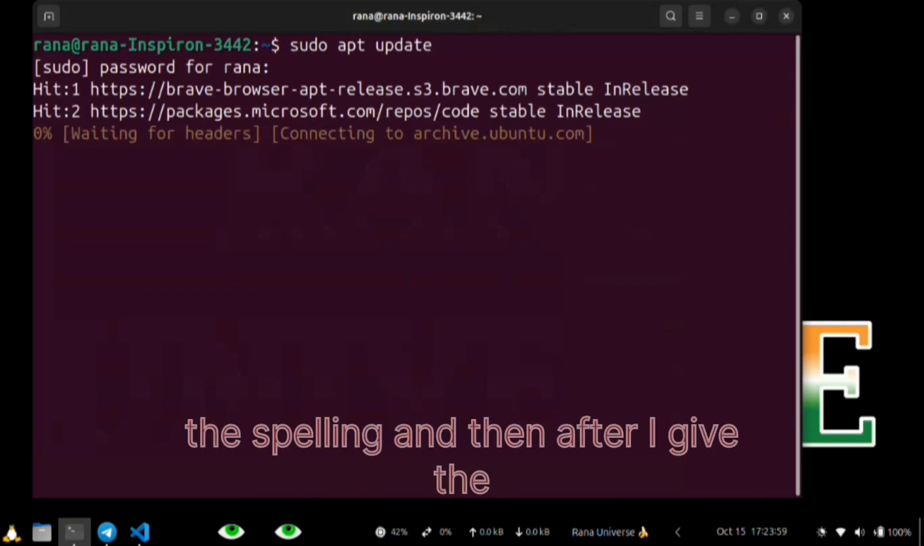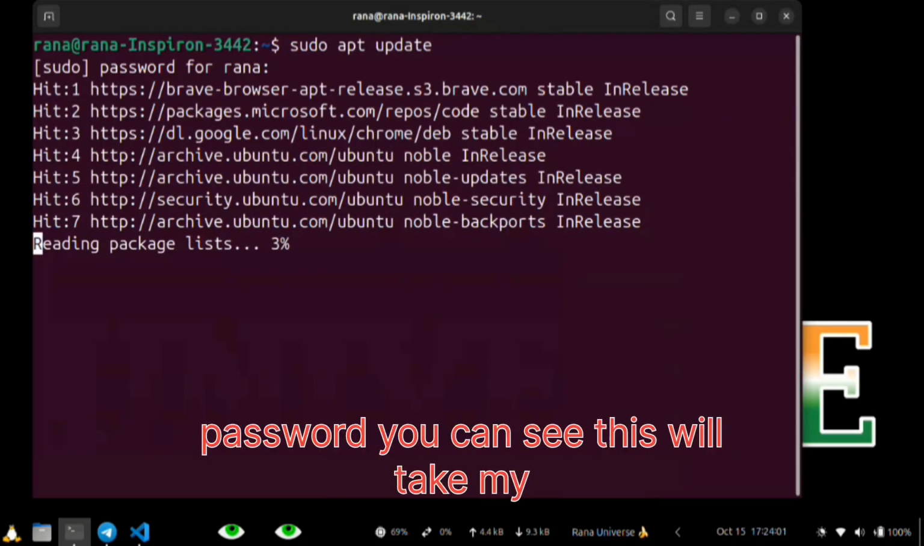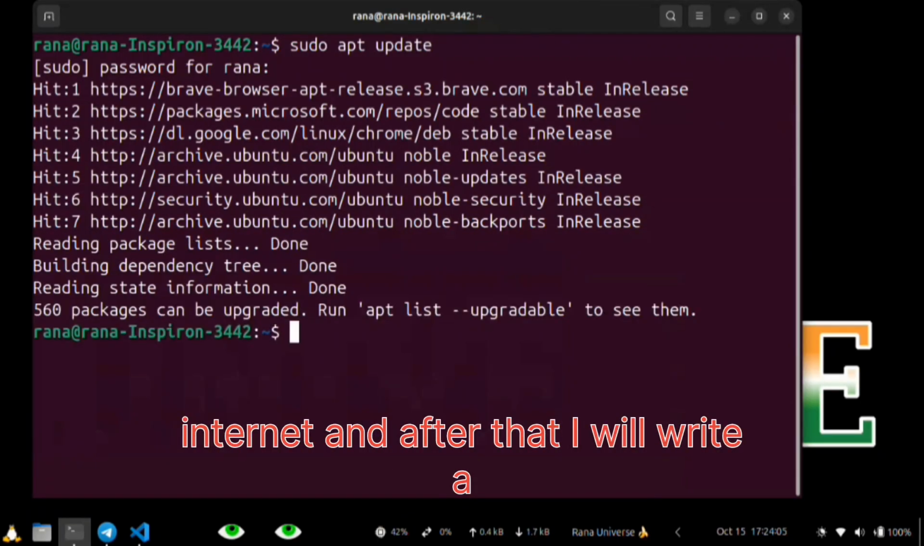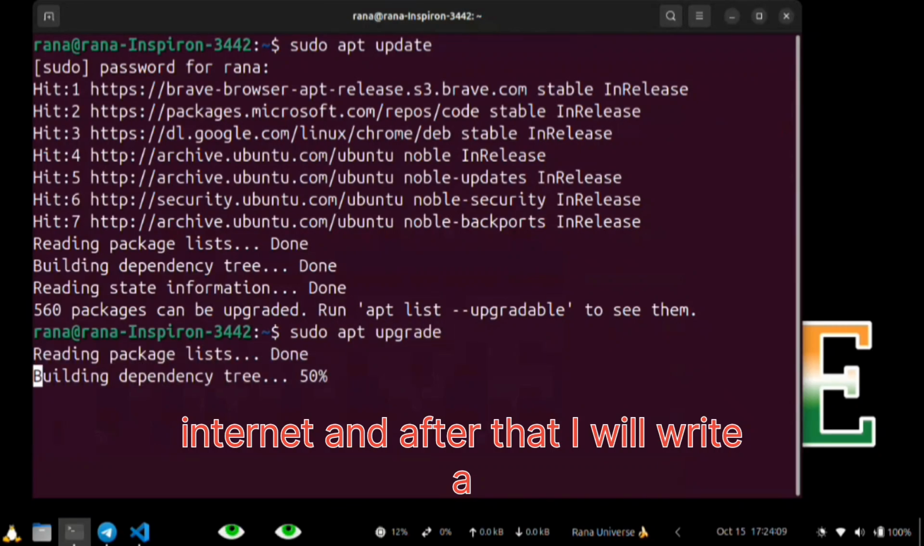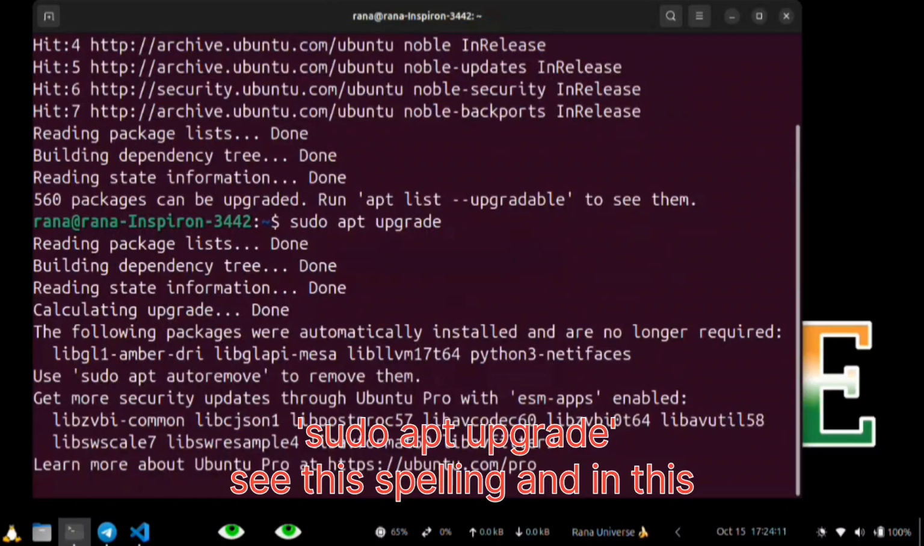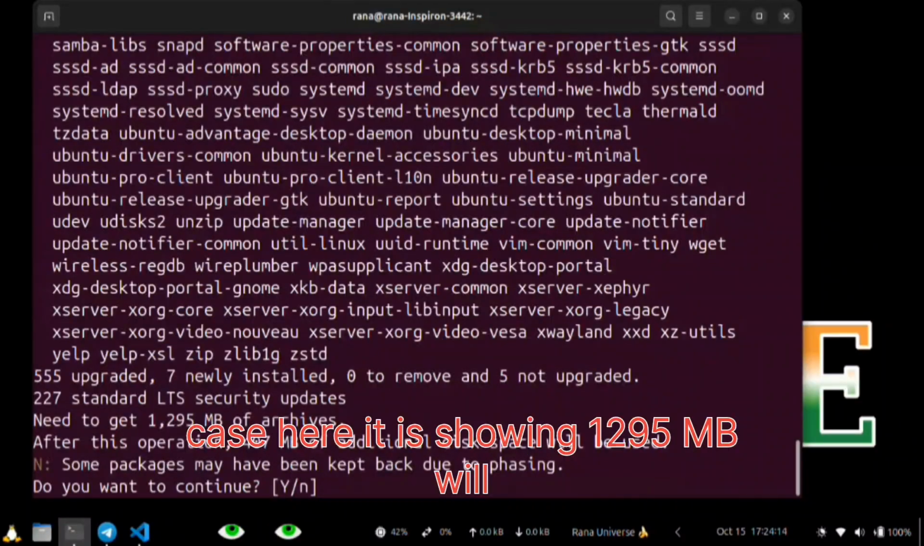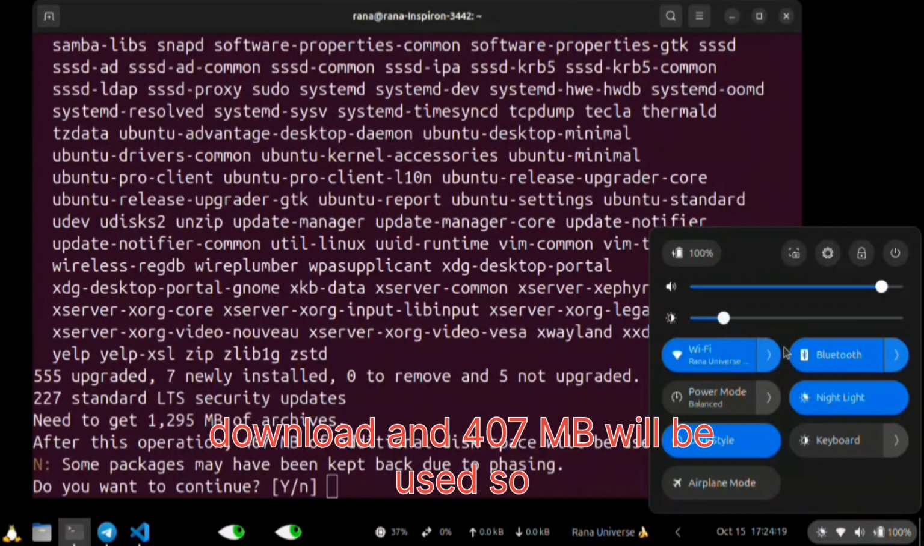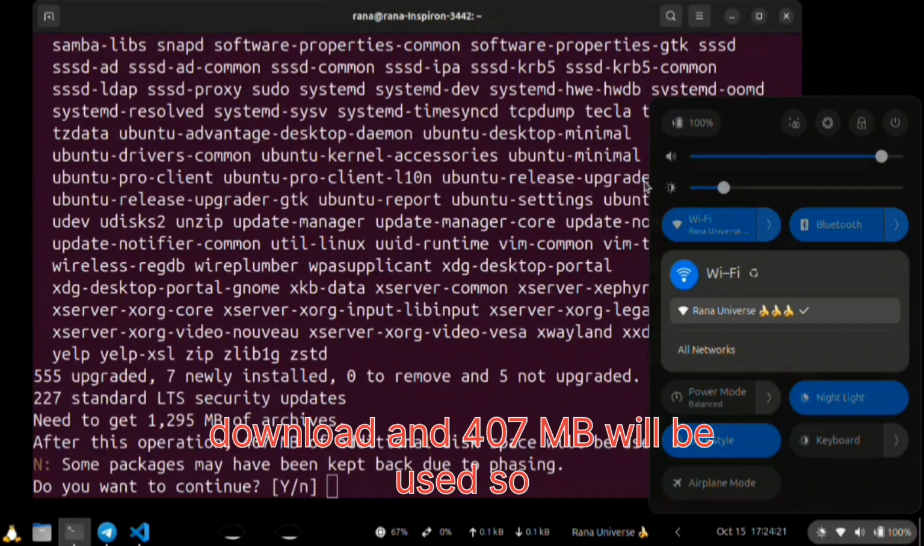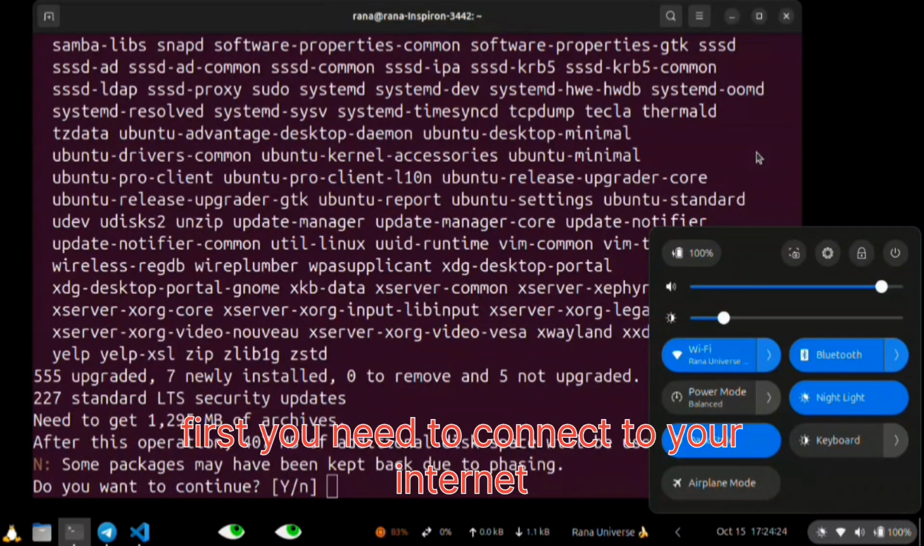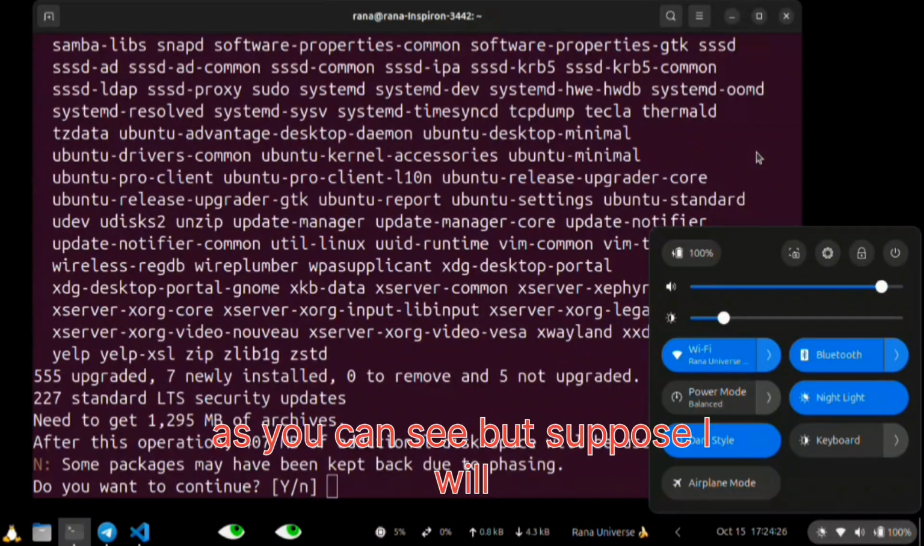Now write the spelling, and then after I give the password, you can see this will take my internet, and after that I will write upgrade. See the spelling, and in this case here it is showing 1295 MB will download and 407 MB will be used. So first you will need to connect to your internet, as you can see,